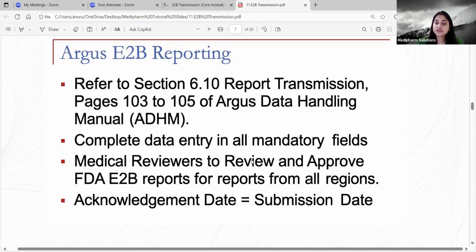And then there are medical reviewers to review and approve FDA E2B reports for reports from all the regions. Any report which needs to be submitted to the regulatory authority, individual case safety reports, all those reports are reviewed by the medical reviewer, who is going to review and approve the case before the case gets logged and submitted. So what happens? After the data entry, there will be one quality review. In the quality review, if there is any error in the case, that will be corrected. After the quality review, the case will be moved to medical review. Now, the medical reviewer is going to again check the case